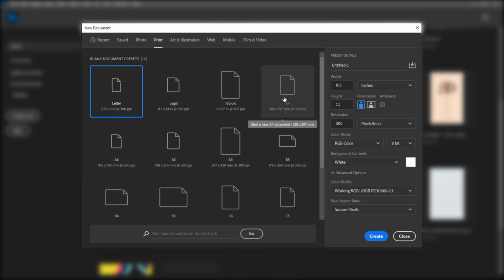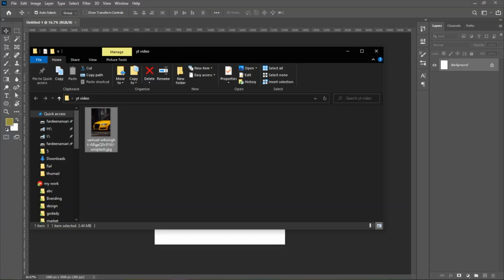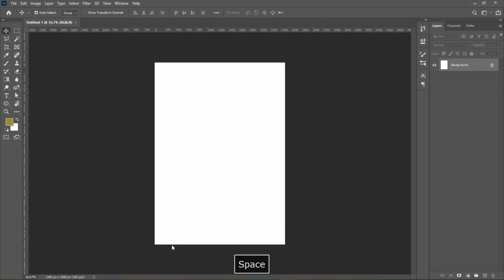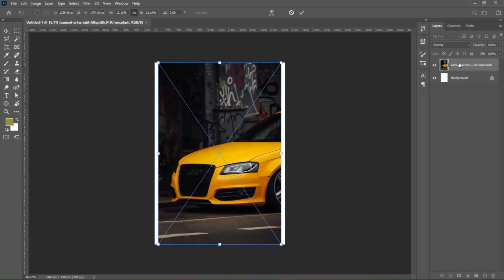First, we will make a new canvas, which we will take A4 size. Click on Create button. Canvas is ready to work. Now we will add the image, on which we want to make the effect. After adding image,